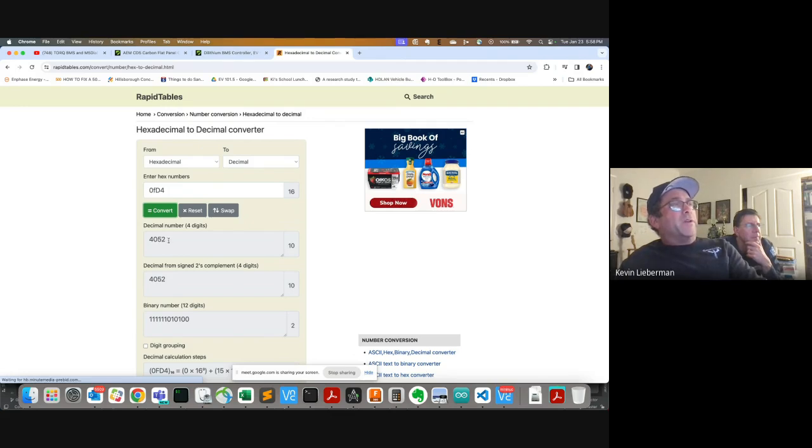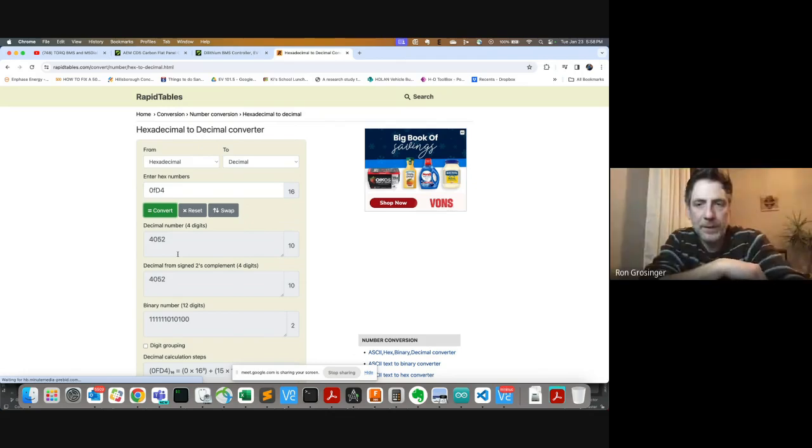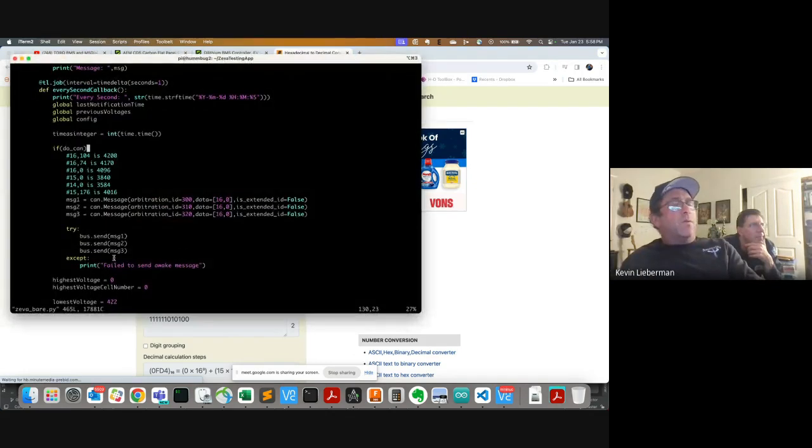So somewhere in the dictionary of this message, it says this is the voltages for cells 3 through 10 or whatever it is, and it's going to be in millivolts, which is thousandths of a volt. So it's 4,052 thousandths of a volt, which comes to 4.052 volts. Nice. And that's what it's telling me. And in that case, it was